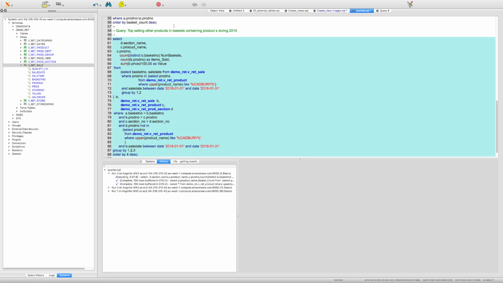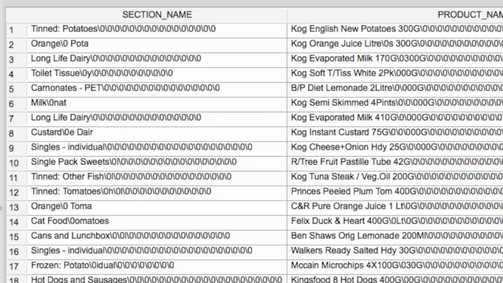So we can build up our analytics. If we're looking at a particular subset within our data, here Cadbury's chocolate bars, then we can home in on whatever subset of products we're interested in, and join it back to the main fact table and find out everything else that was bought with the Cadbury's chocolate. That involves joining those 42 billion rows back to each other to find this result. And you can see we're doing a count distinct on the number of baskets, so we can see that tinned potatoes was the highest in terms of the number of baskets that were bought with